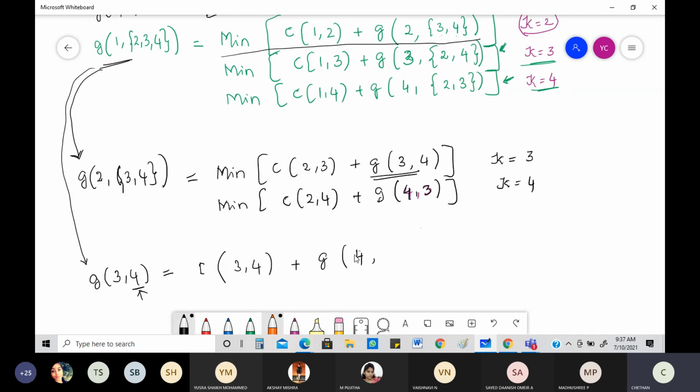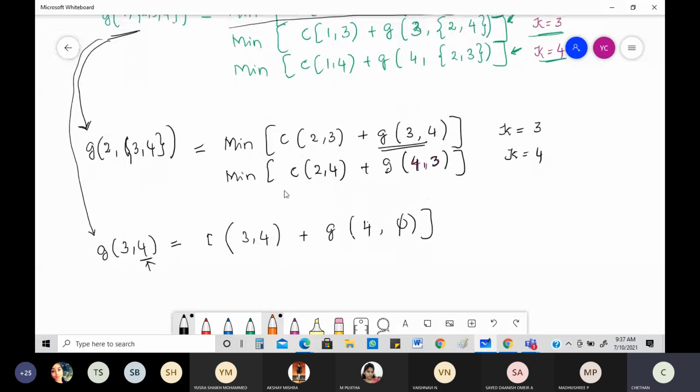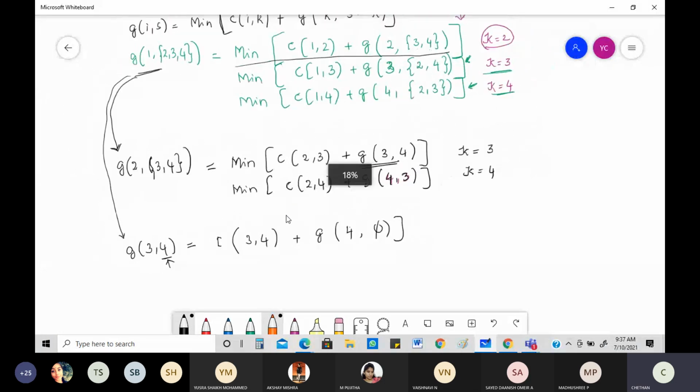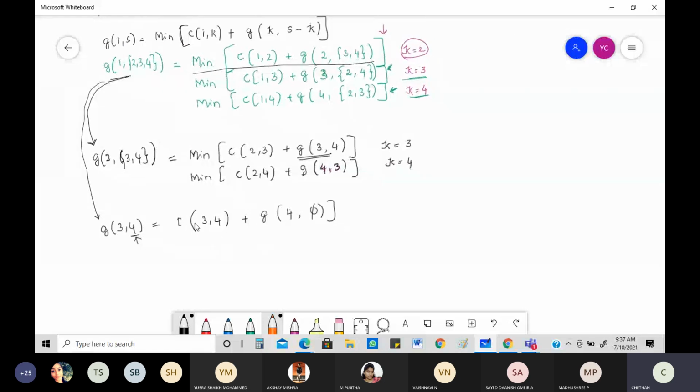Okay, so what is going to happen here? Okay, this is with regard to null set. Okay, now why have I not written minimum at the last? Because there's only one value that is going to happen here. Okay, so check here what is going to happen here. So please zoom in because I want the entire screen here. So what is going to happen here? Check. What is the value you're going to get?